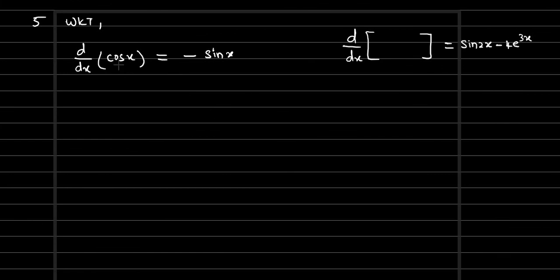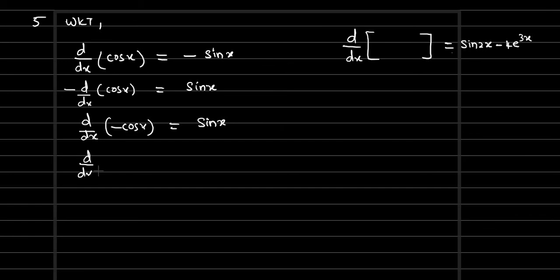Cos x differentiation is minus sin x, but we don't have a negative sign here, so sending the minus sign to the other side. So minus d by dx cos x. Next, this negative sign we can take to the function itself. So minus cos x differentiation is what? Sin x. Okay, and now we have sin 2x here. So if there is a sin 2x, obviously this side also will have a coefficient 2. Then d by dx minus cos 2x. Here sin 2x. So in place of x, we just replaced 2 times x.